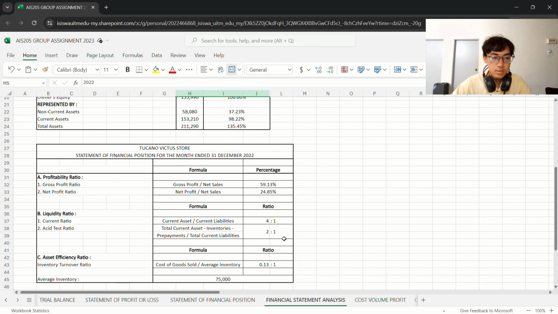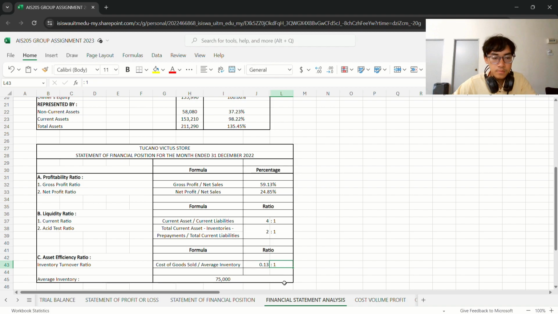So the last is under the asset efficiency ratio, we have inventory turnover ratio. The formula for the inventory turnover ratio is cost of goods sold divided by average inventory. First, we need to find average inventory. So our average inventory is 75,000. So our cost of goods sold, we will divide it by 75,000 and then we'll get the answer, which is 0.13